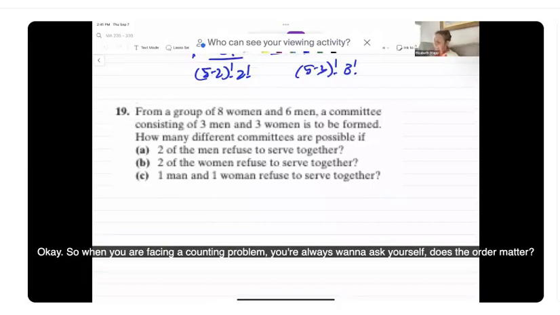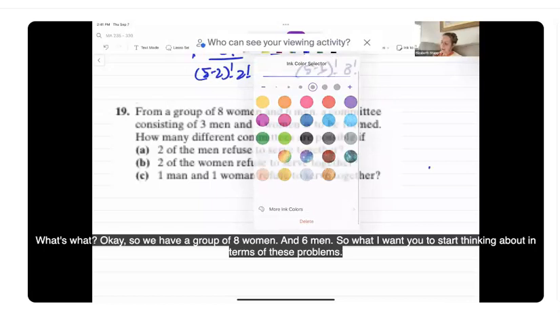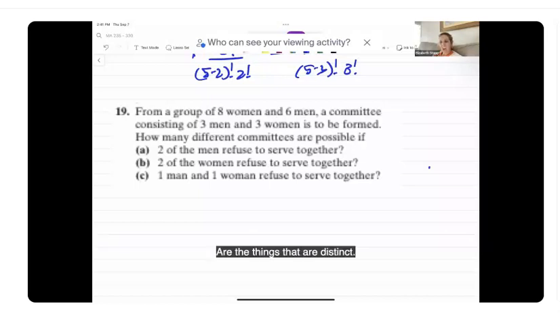So when you're facing a counting problem, you always want to ask yourself, does the order matter? Okay, so we have a group of 8 women and 6 men. So what I want you to start thinking about in terms of these problems are the things that are distinct and the things that are,